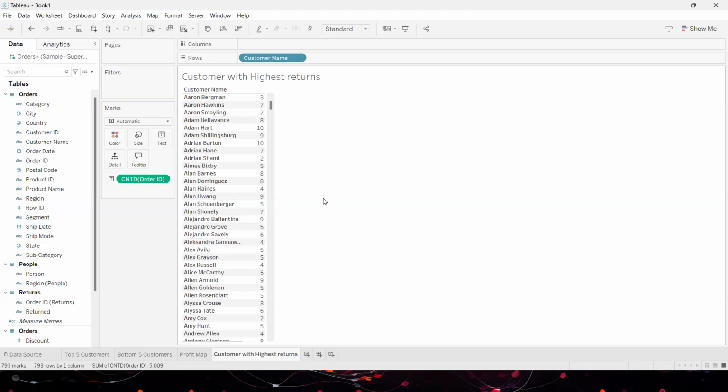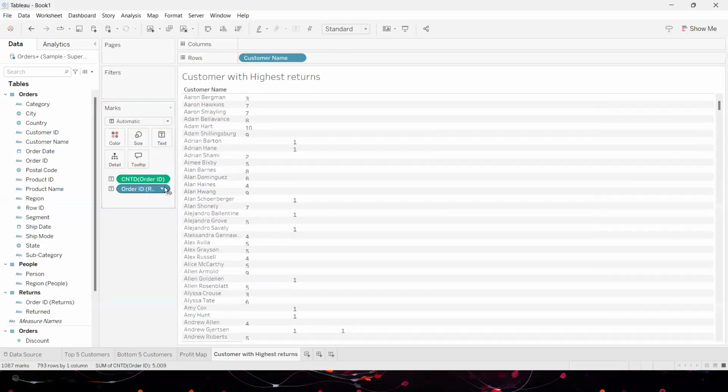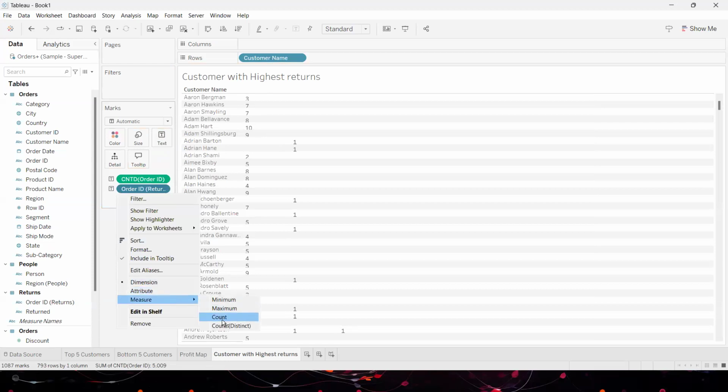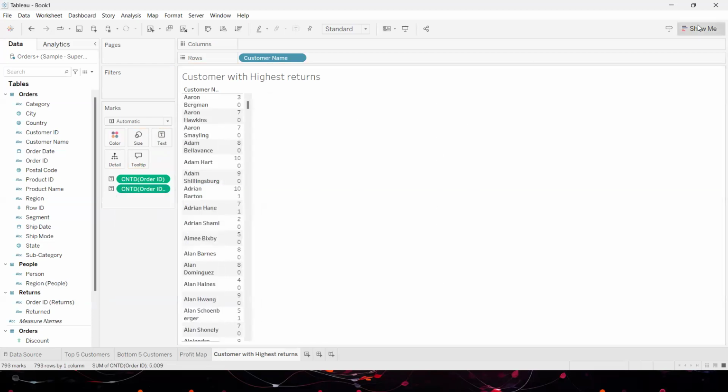So the returns would obviously be a small subset of orders. Most of them would not have returned even a single order. Some of them might have returned. So I want to see if they have returned, then how many? Remember, I already prepared my data. What preparation did I do? I already joined the orders data with the returns data, so I even have an idea about the orders that are returned by the customers.